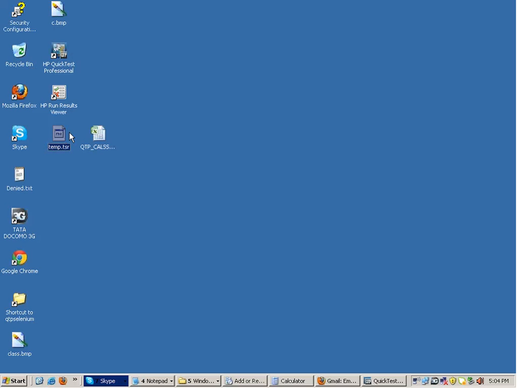Okay. Now if the size of this file goes above 2 MB, then that's what I've heard, it becomes tough for QTP to recognize the objects, or rather the script takes a lot of time to execute. Alright, so now let's do